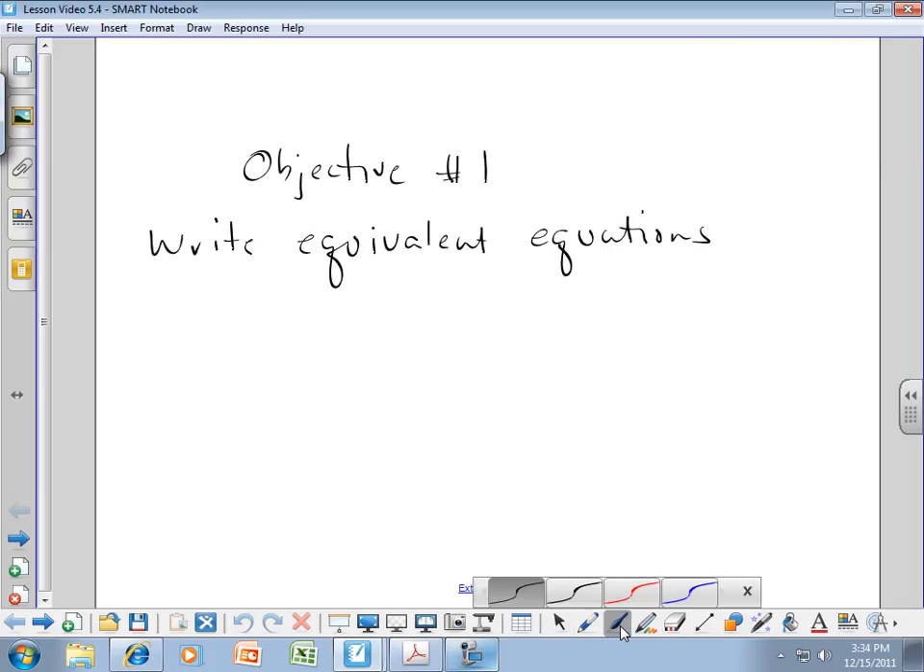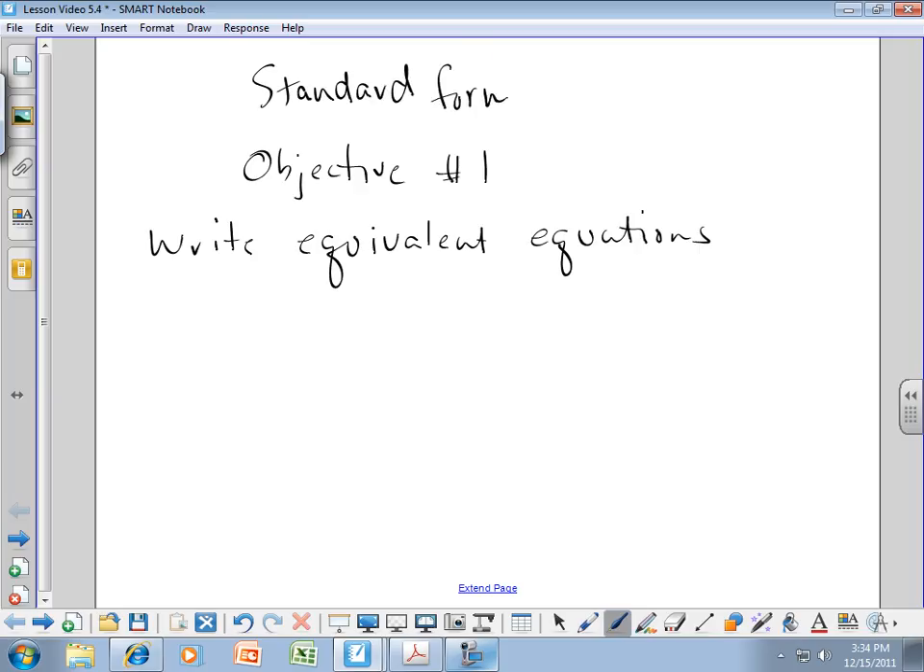All right. Hi, this is Mr. Bauer, and today we're talking about writing equations in standard form. All right? In standard form. But before we do that, let's look at the first objective that comes along with this, and that is writing